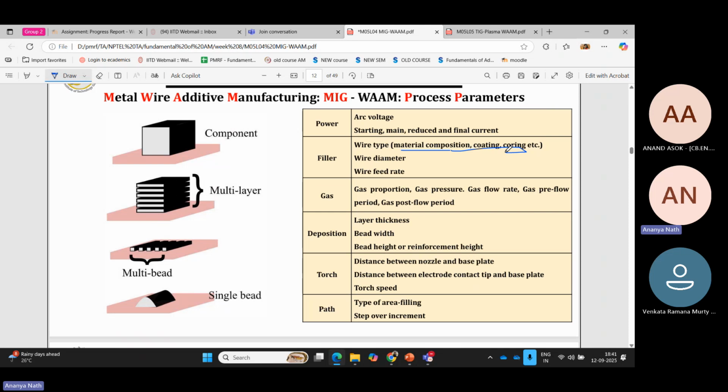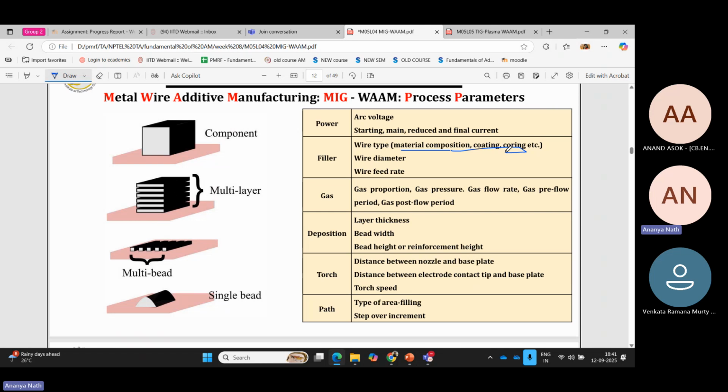How many liters per minute of gas you are flowing, and from which direction you are flowing the gas, matters, because if it's off axis, the gas may blow away the droplet that was supposed to come to the substrate. Then deposition. So layer thickness